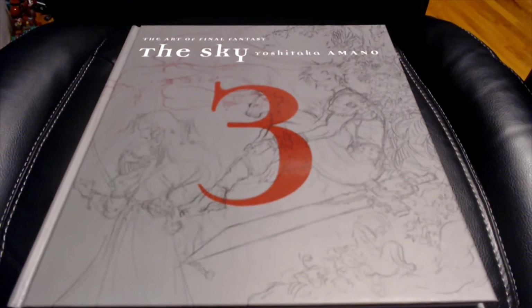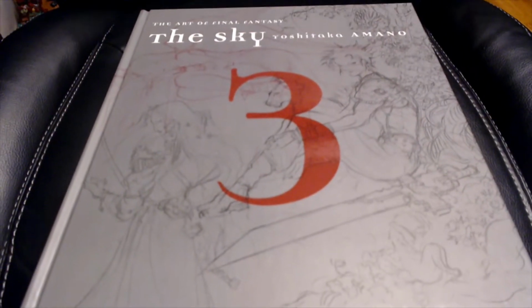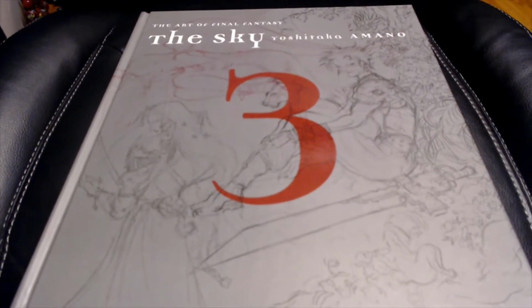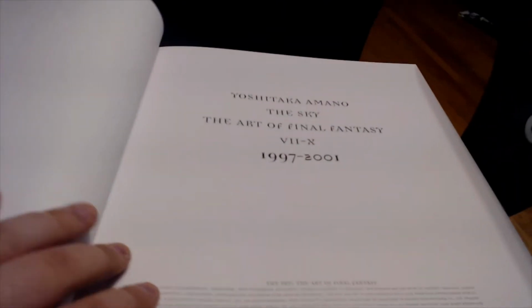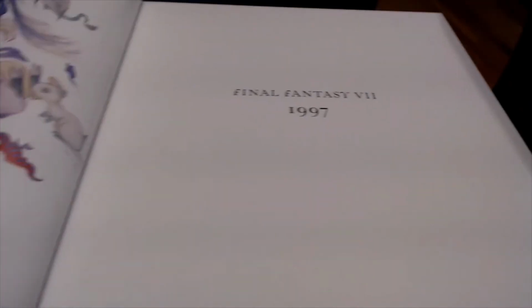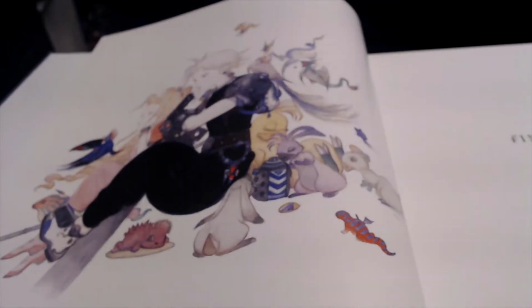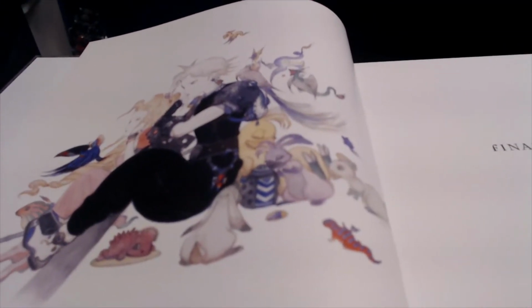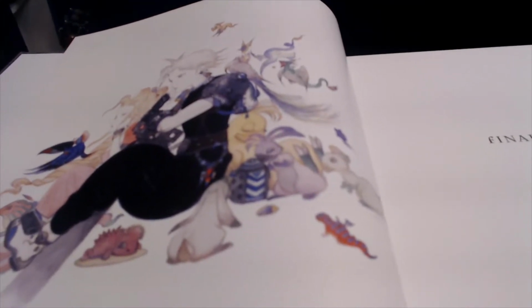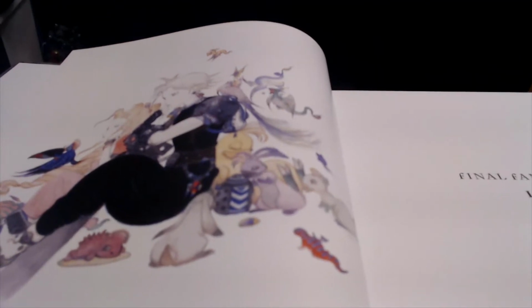So here's book 3. There we go. Like I said, big 3 on it. This has got some art of Cloud and Sephiroth on the cover, just to show you what's in here. As we saw before, this is the one that includes the extra art, Final Fantasies 7 through to 10. So it's got a few more games' art included in it, but because his involvement with the games becomes steadily less as you go forward, even though it's got 4 games as opposed to 3 featured in it, there's less